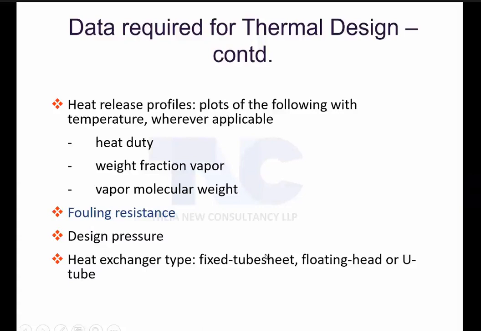How do you know? I have given you some ideas, right? When the temperature difference is more than 93, I cannot go for fixed tube. If I have a high fouling fluid in the shell side, I cannot go for fixed tube. Clear? If I have a very highly corrosive, highly fouling fluid, I cannot use it in the tube side with a U-tube. U-bend exchangers cannot be used when there is a high fouling liquid in the tube side, right?